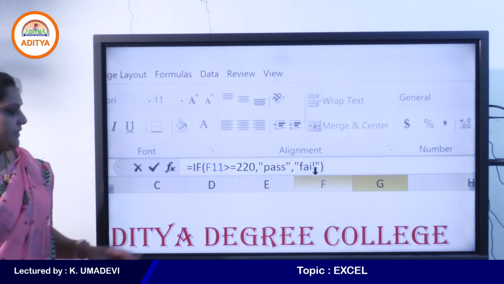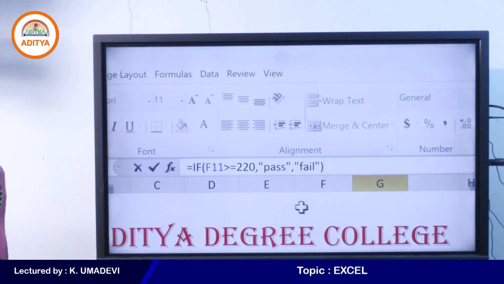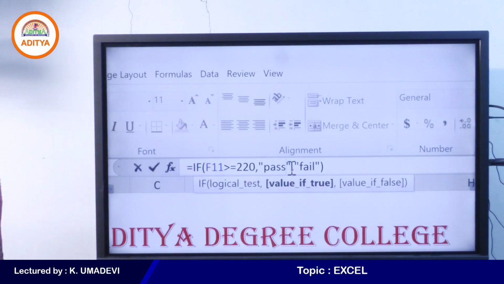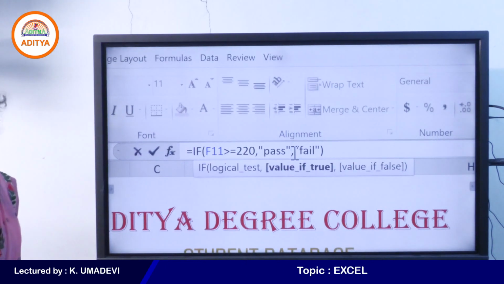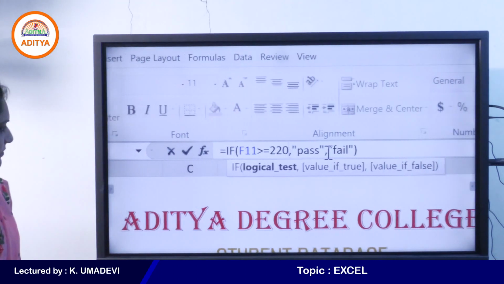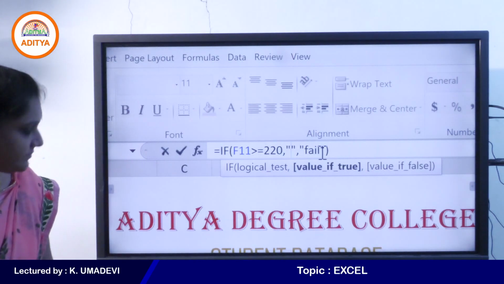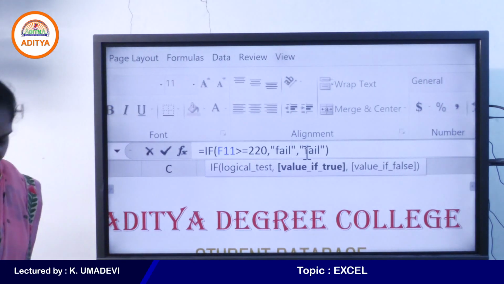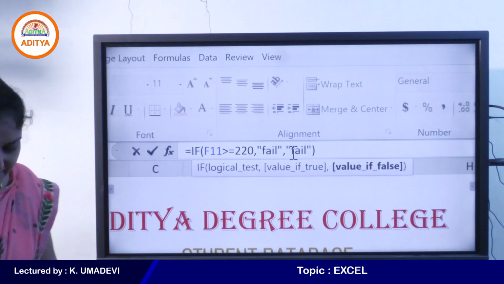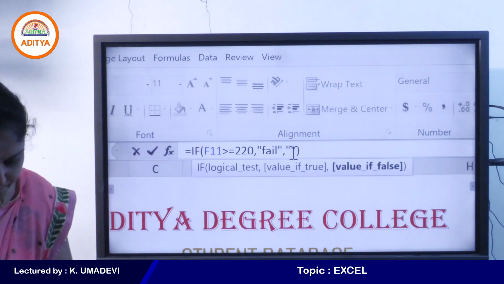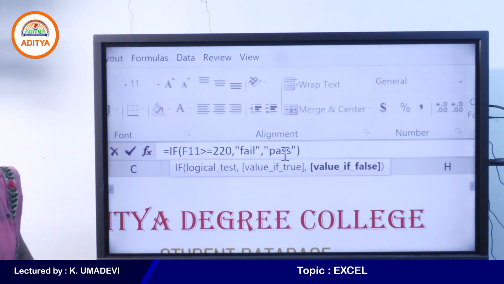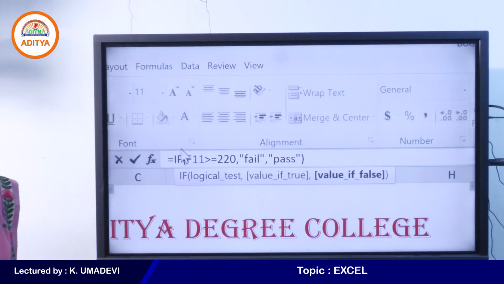Okay. For example, here I'll just change the condition, okay, or text. For example, here I'll enter fail and here I'll enter pass. Because instead of true and false, we can enter our own values, right? Yes. So instead of true, I have written fail. Instead of false, I have written pass.